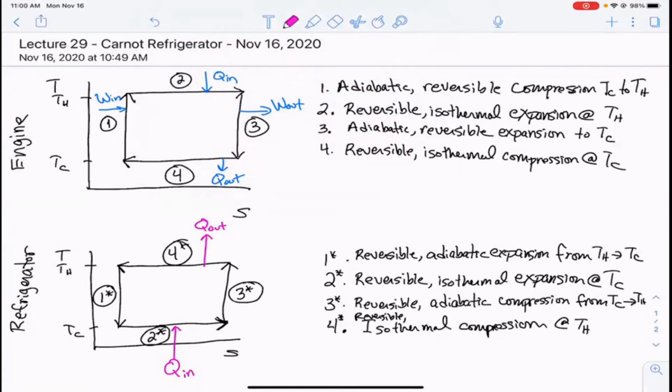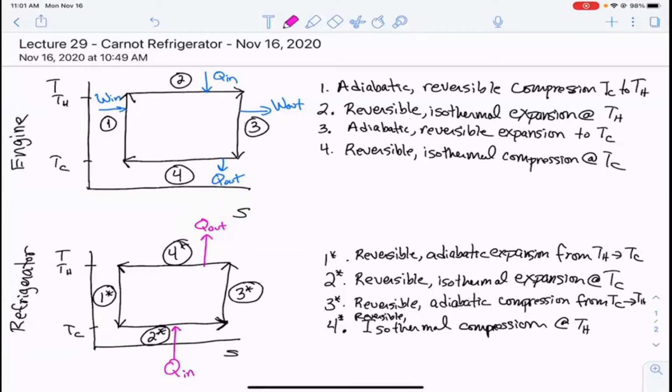And Q out would happen as heat is rejected to the room, right? So you've probably been next to the exhaust of a refrigerator, right? There's a fan that blows over a heat exchanger, and if you stand next to, usually it's the back of the refrigerator, sometimes it's the side, but it's warm, and so you're rejecting heat at the room temperature,